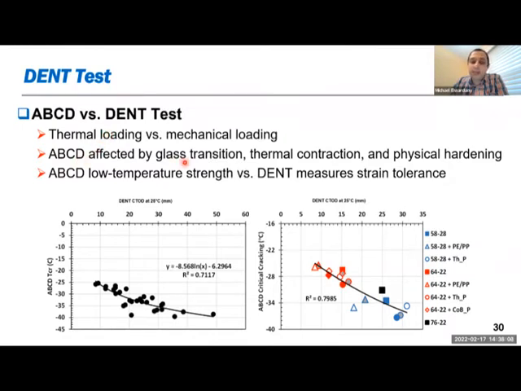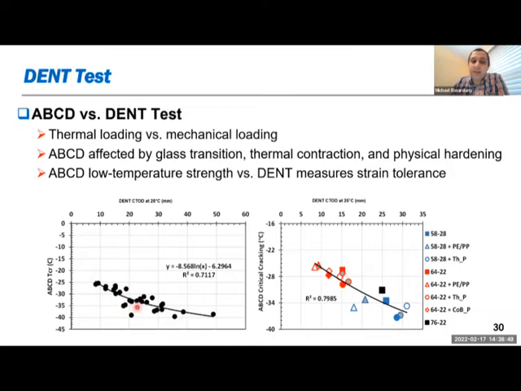ABCD is affected by glass transition, thermal contraction, physical hardening factors, phase-changing materials, and waxes. All these things could affect it, and some polymers actually affect the ABCD results. Also, ABCD measures low temperature strength, while the DENT test measures the intermediate temperature strain tolerance. With all these disclaimers up front, I understand that there is a different mechanism in those two test methods. However, you can see that there is a correlation between ABCD and DENT tests using various binders